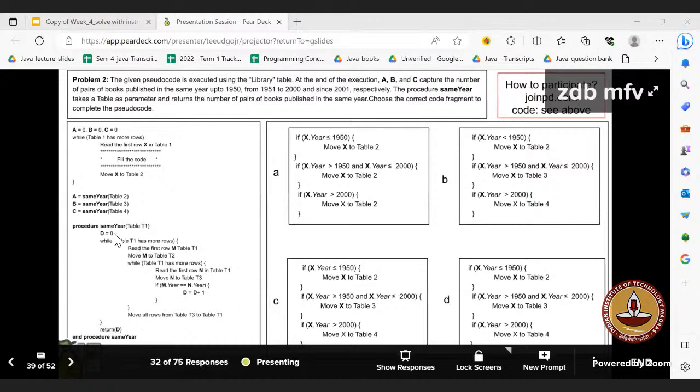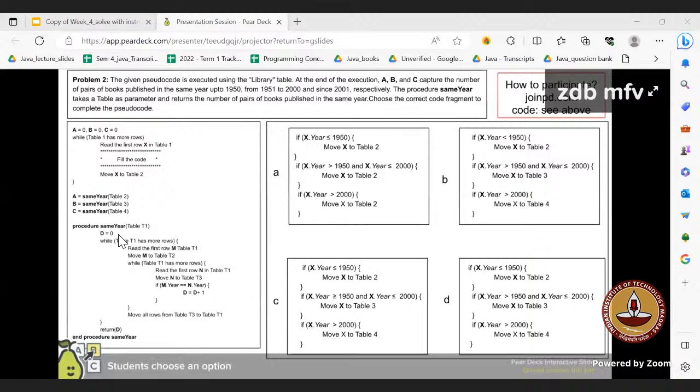Okay. So in order to count, whatever table we are passing, we have to find the number of pairs of books which are published in the same year. In order to find the number of pairs, you will compare each card with every other card. If the card publishing year is same for both the books, then only we have to increment our count. If they are not in the same year of publishing, then we should not increment the count. So each card of whatever table we are passing should be compared with every other card, and we should get the pairs. Okay,